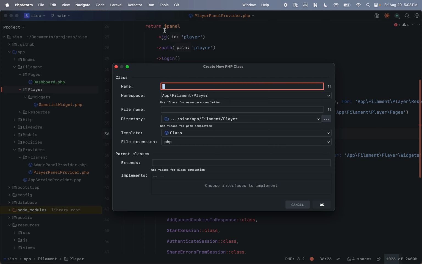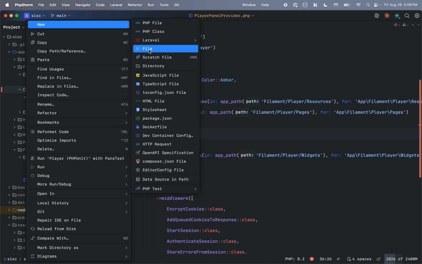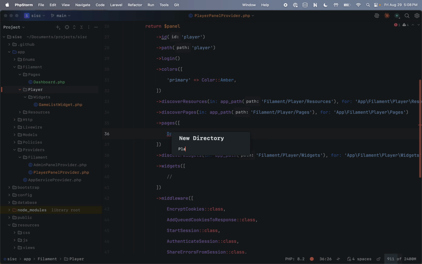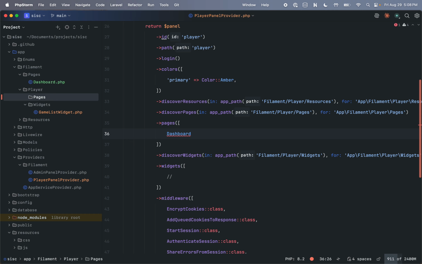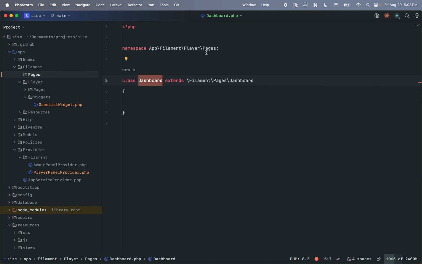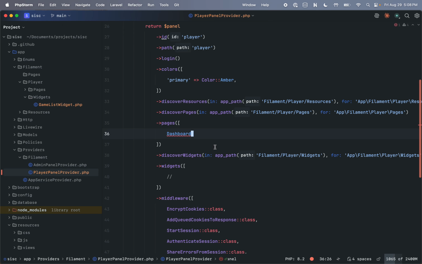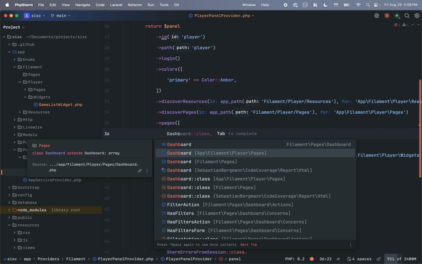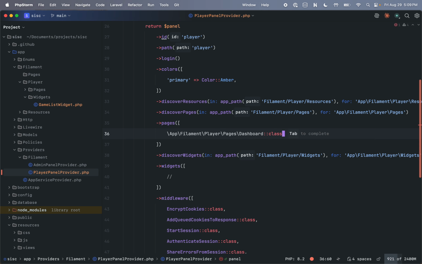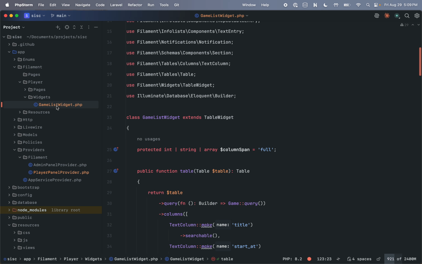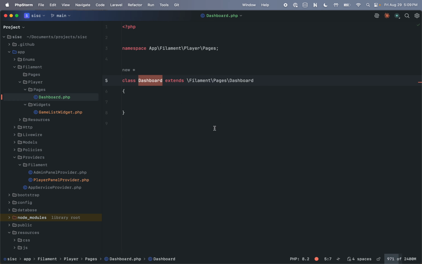So we'll create a new directory first, and then move this into here. Add Filament player pages. That's cool. Now let's get back. I will say dashboard is App Filament Player Pages class, and just to test if we are